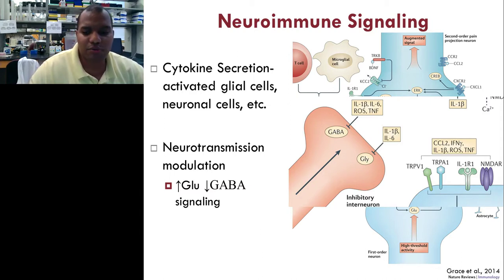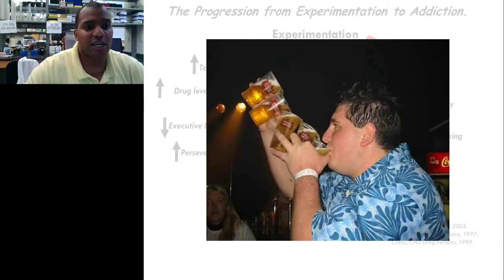And so what really interested me is if we are seeing changes in the neuroimmune response in alcohol dependence, when does that happen? Does it happen before someone becomes dependent? And if it happens, does it affect behavior long before it affects degeneration? And so again, one of the first questions that I wanted to look at was what happens to the neuroimmune system in the transitionary period in alcohol use development.